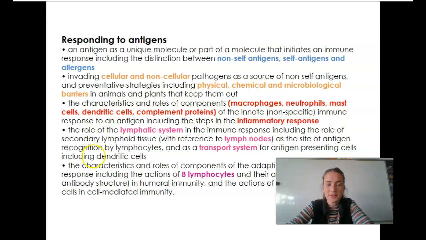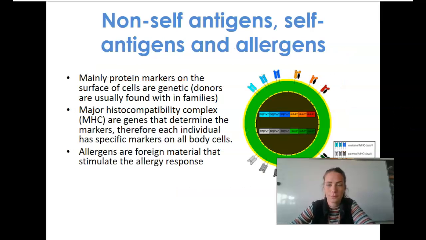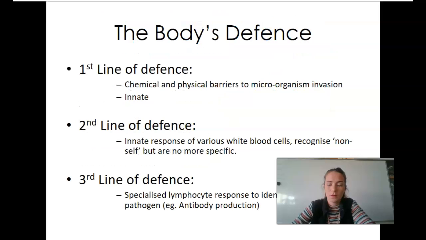And likewise, being able to talk about those elements with the specific scenario of the inflammatory response. There's a little bit of detail given about what a fever is and what's involved in a fever. But it is the inflammatory response that's in your key knowledge that you need to know the specific details for. Okay. Right, so